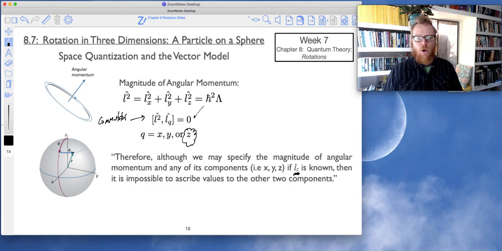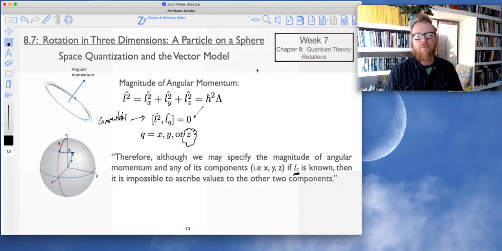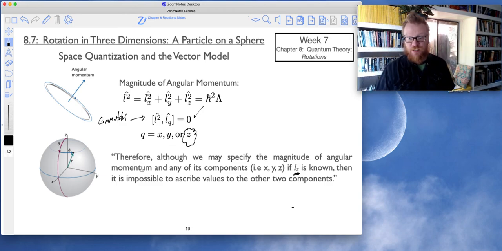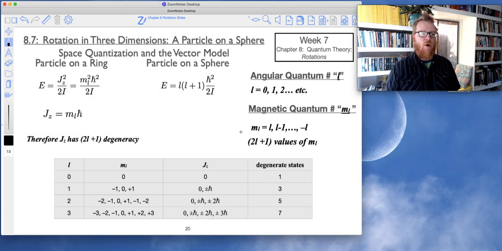If Lz is known, then it is impossible to ascribe values to the other two components. That's what we discovered here. But now, if Lz is known and we know the total magnitude, then we no longer have a Heisenberg uncertainty principle situation at hand. So how does this play out? All right, well,